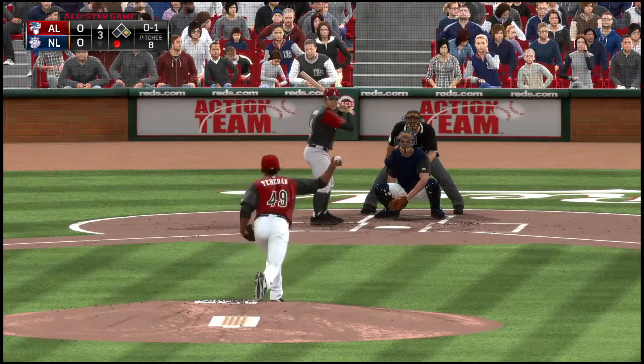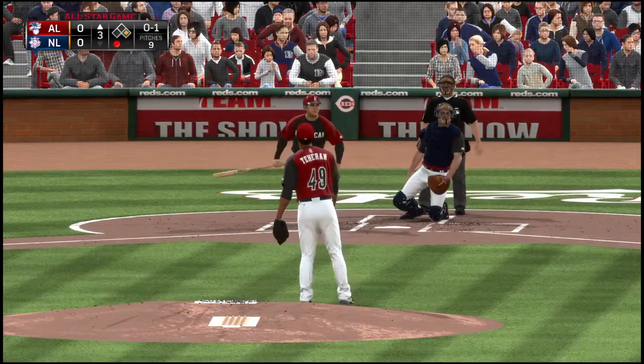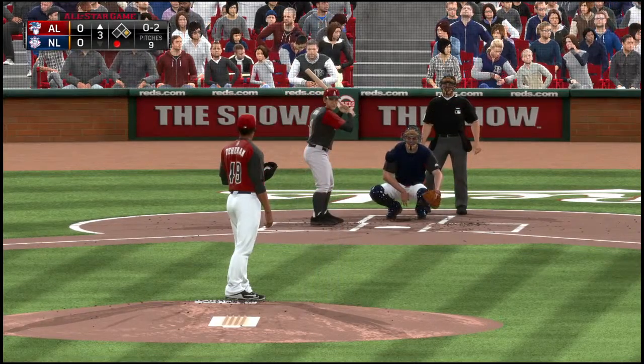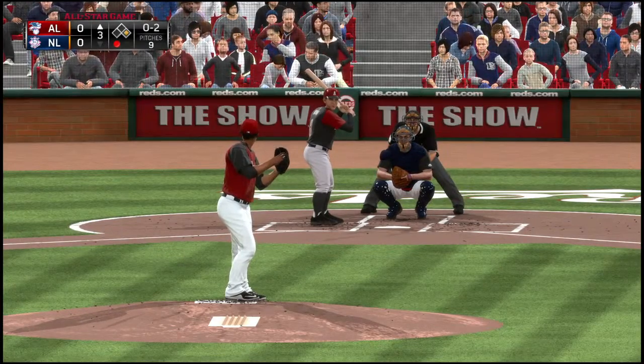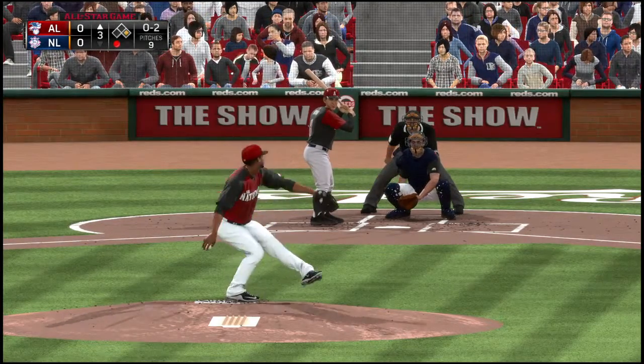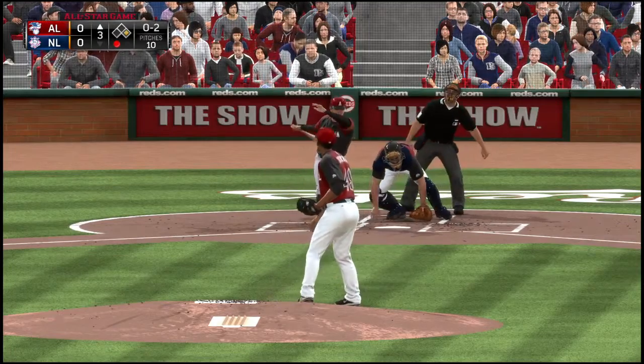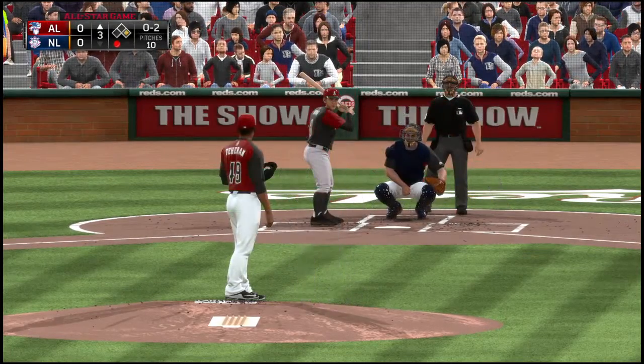He's set. Now the pitch. And a bouncing ball, foul. He's set. Now the pitch. Just does manage to get a piece there as this is bounced foul.